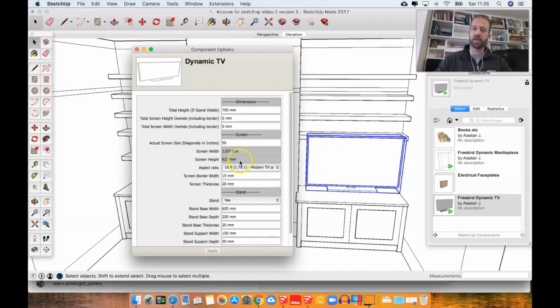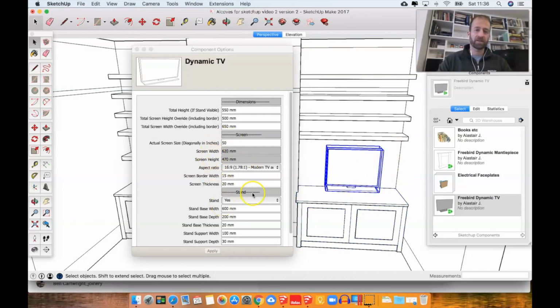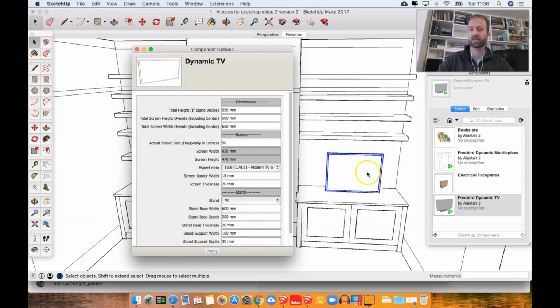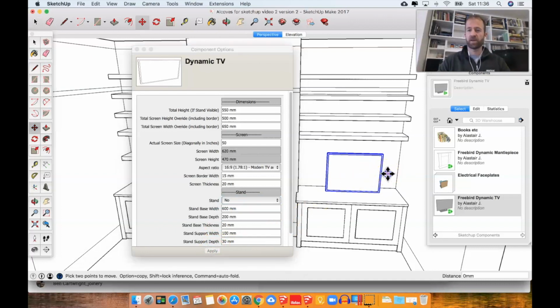And you see the stand there. The settings up here are really more for if you're measuring an existing TV, which is more often than not the way I do it. And then it will just pop to those measurements. And you can also hide the stand. So similar to the hearth on the mantelpiece, you can go yes or no on visibility and that'll disappear. So straight away you have an accurately sized TV that you could then just indicate where it's going to go